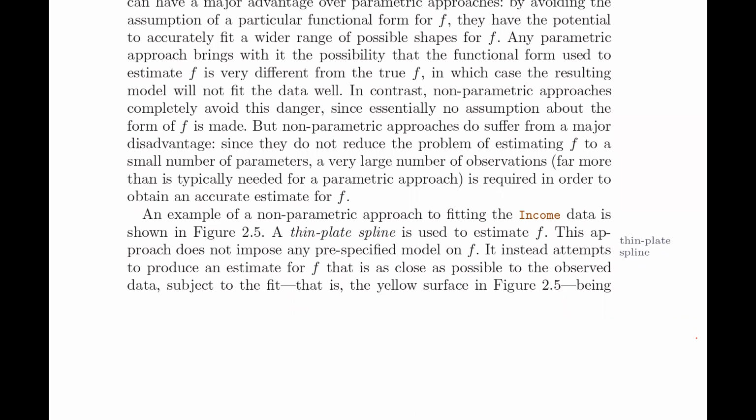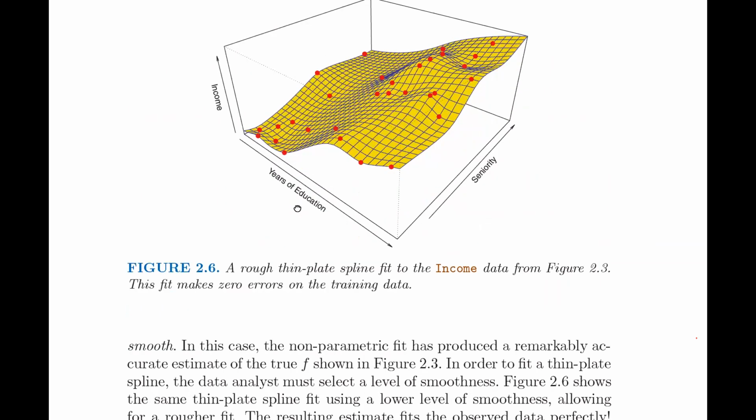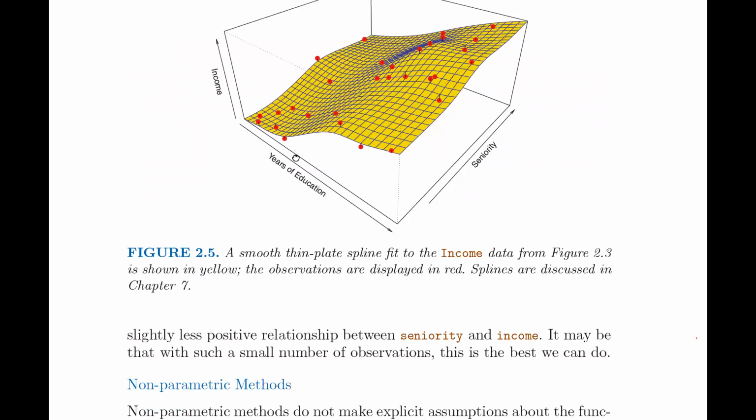So this would appear to be the price that one pays. If you're going for non-parametric, then as a rule of thumb, you would need what's being described as a very large or a much larger number of observations than when working with a parametric model. An example of a non-parametric approach to fitting the income data is shown in figure 2.5, which is actually, okay,